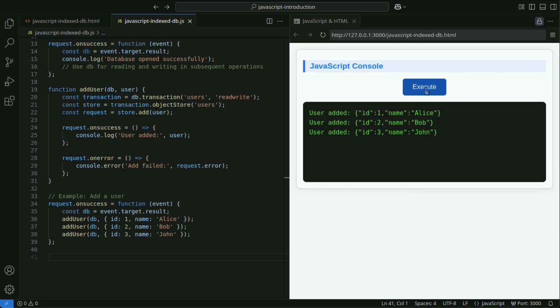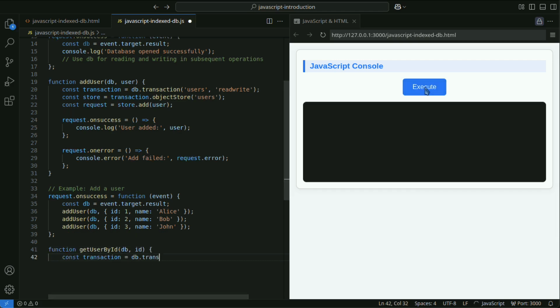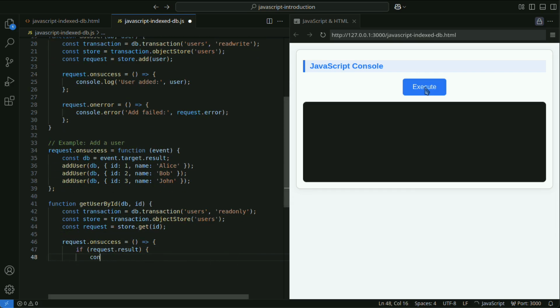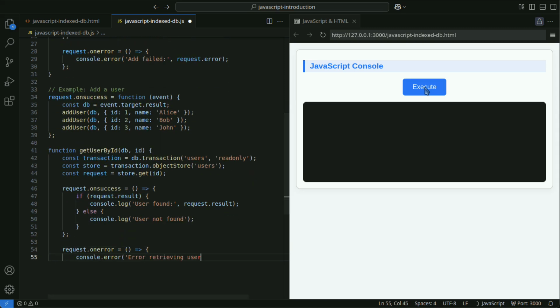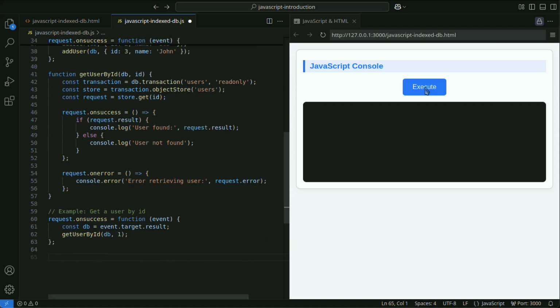Here is how to retrieve specific data using the primary key. Create a read-only transaction with db.transaction. Use store.get(id) to retrieve the data corresponding to the specified primary key. onsuccess is called when retrieval is successful, and the result is displayed if available.